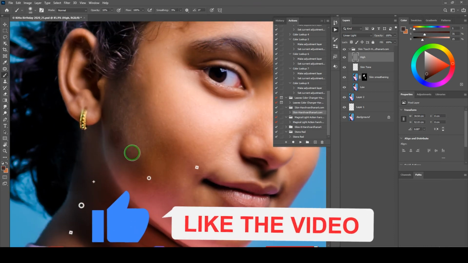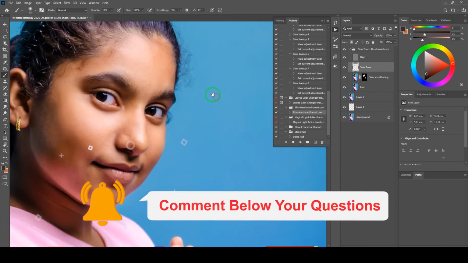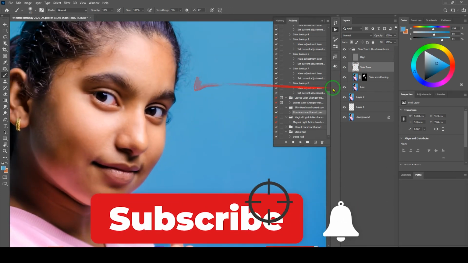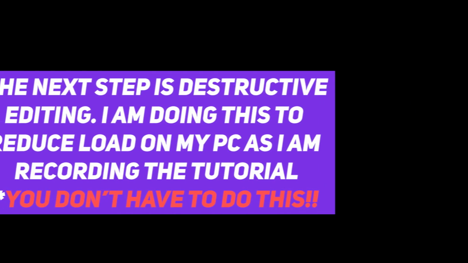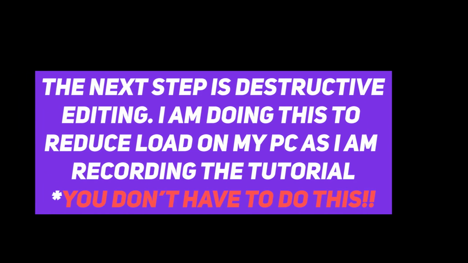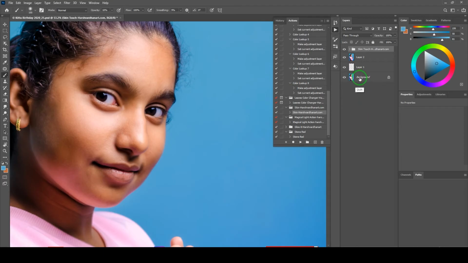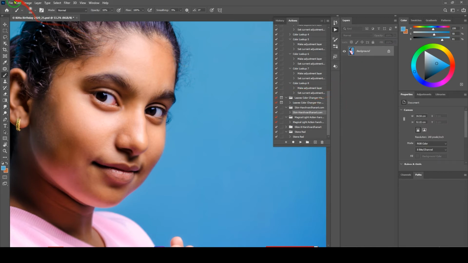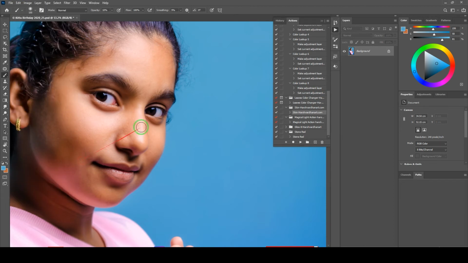problematic areas, and now choose the softest brush and work on the skin tone if you would like to, and remove some of the hairs as well. By taking sample of that area. Now select all of these layers and press Ctrl E to merge them together, and go to the edit, purge, and select all. That way you will no longer go back and create a new blank layer.